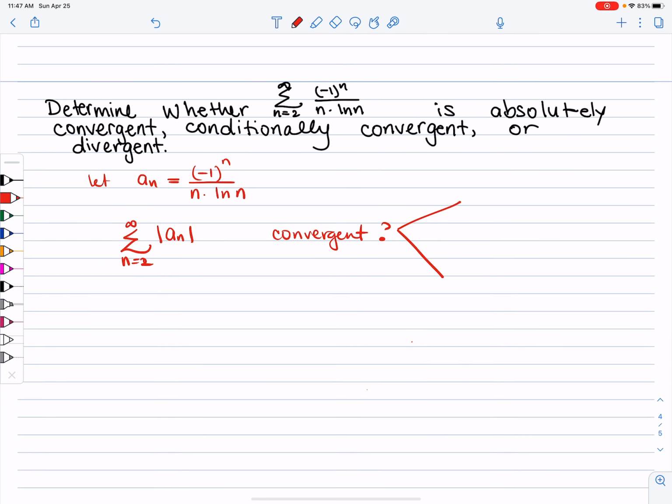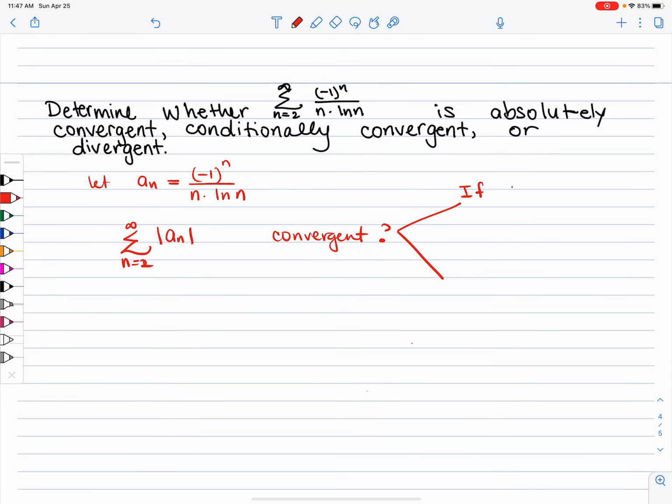If convergent, then we say it's absolutely convergent. But if it's not convergent, if divergent, then we need to check if the original problem is convergent or